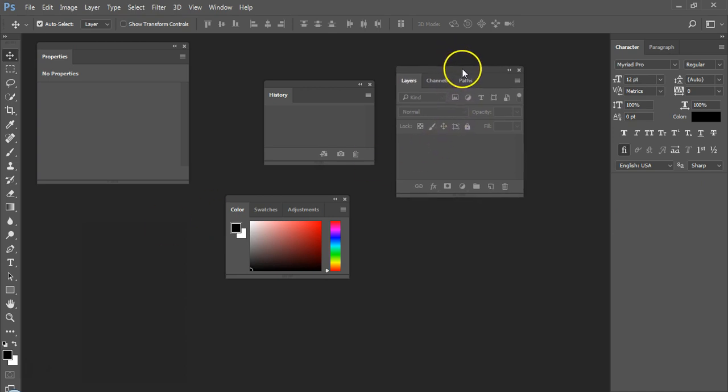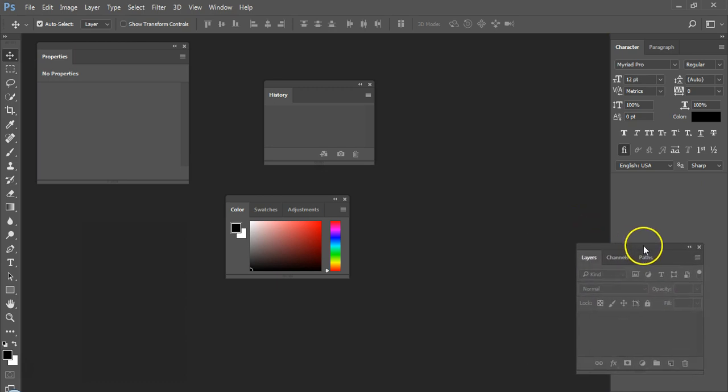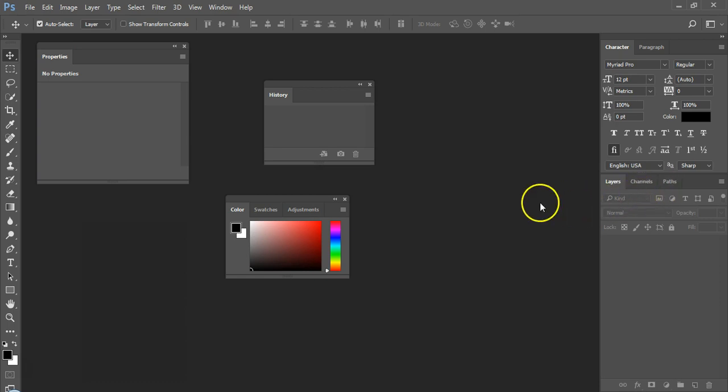Click and drag the tab group to the right. This time you will not touch the edge of the screen but the bottom edge of the Character panel. Approach slowly. When you reach close enough to the bottom edge, you will see a blue line again, outlining the edge. Release the click and the Layers panel tab group should be docked under the Character panel.